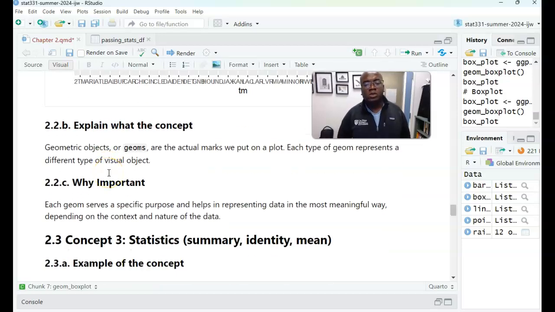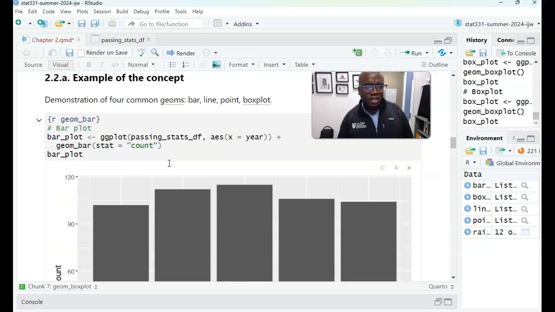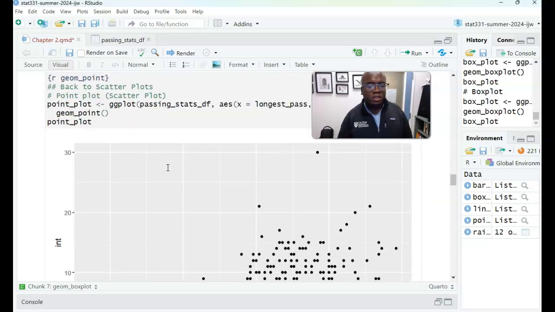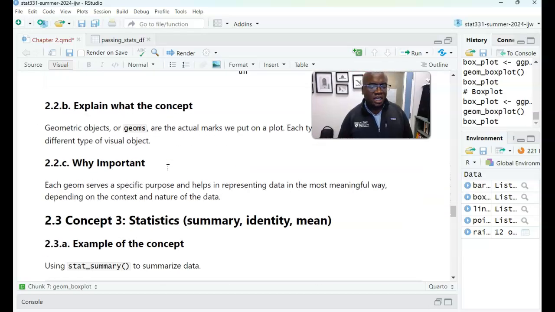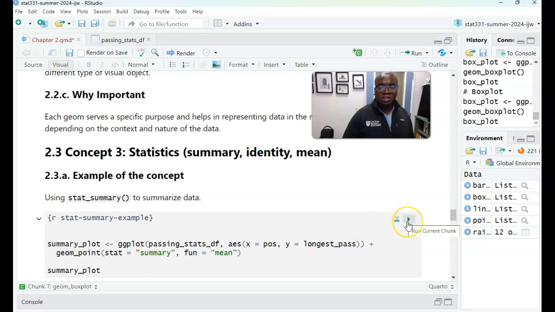Another thing that you can do with ggplot is legitimately add or summarize data within the geom. We did that kind of here by finding the count, but we can also do it in another way as well when it comes to actually even finding the mean. So what we're going to do, there's a number of positions. Okay, there's running backs, there's fullbacks, there's quarterbacks, and so on and so forth. What I'm going to do is find the average longest pass for each player. Okay, so I can run this,